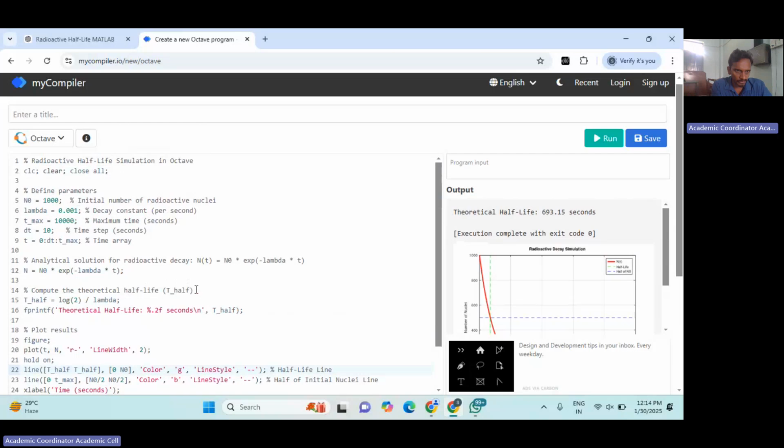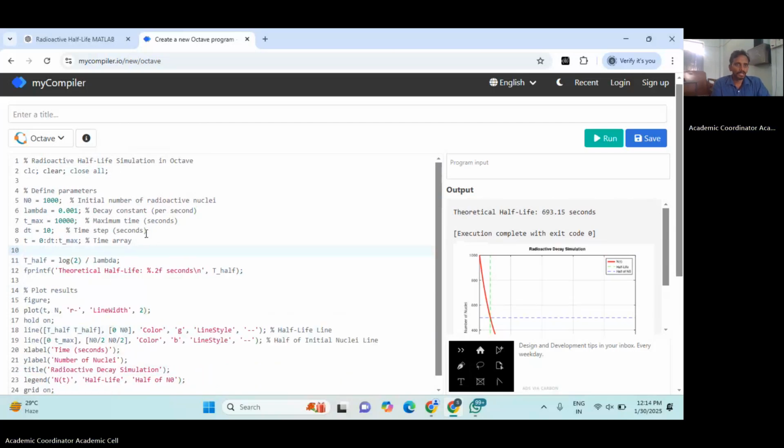So what are all the modifications that we need? We are not using equations now, and we don't know these values. The number of atoms decayed. So you have to count the number of atoms remaining. You have to fix some n naught in that experiment, in that data. Having fixed n naught, whatever counts you are getting should be subtracted to get the number of atoms